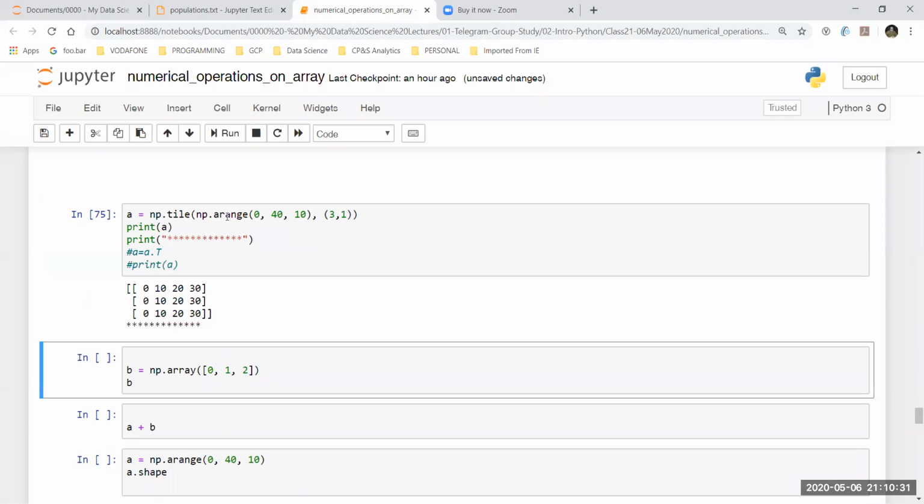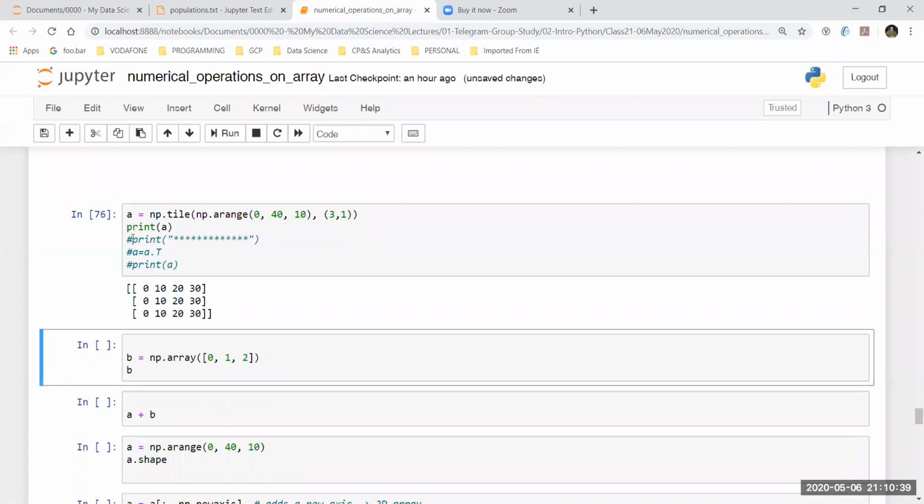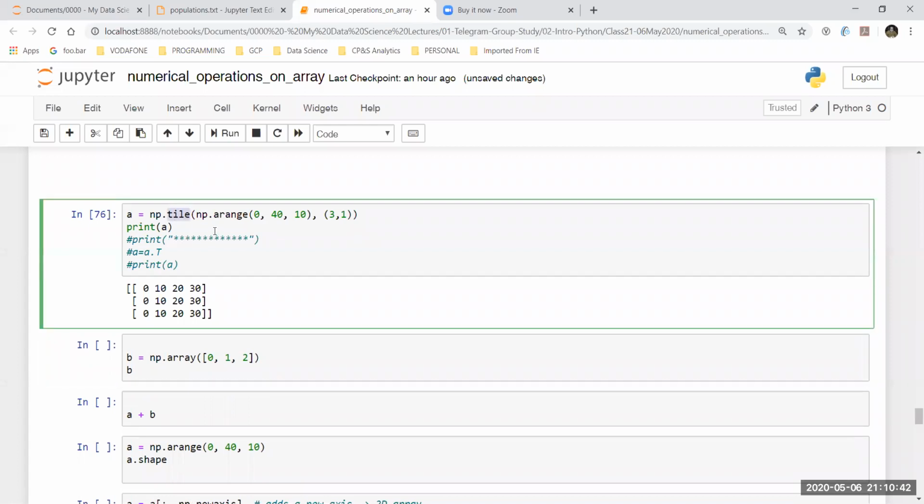So what I am doing over here is, let's say I'm just going to hide this as well. So I'm using a function known as tile. Okay, tile, what it is going to do is that I'm going to specify, you can actually ignore this part right now, but you can concentrate on this. Okay, so tile, what it says is that I have an a range. Okay, so I have an np.arange function which is called, which is going to give me an array. Okay, so the step, or the distance between each and every element, is going to be 10, and there will be elements between 0 and 40.